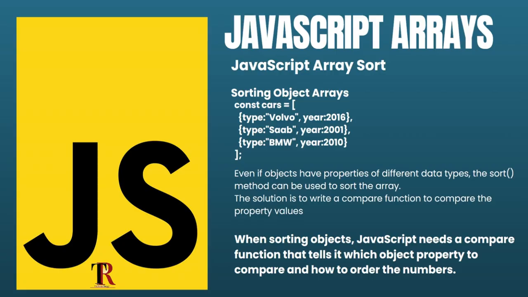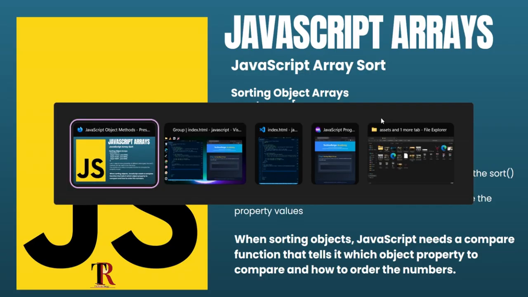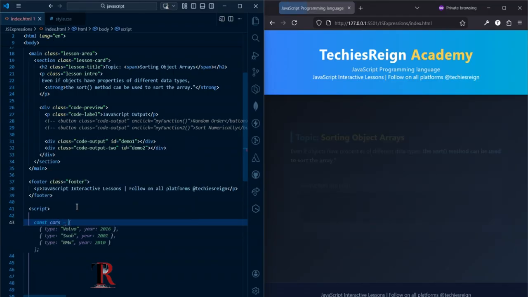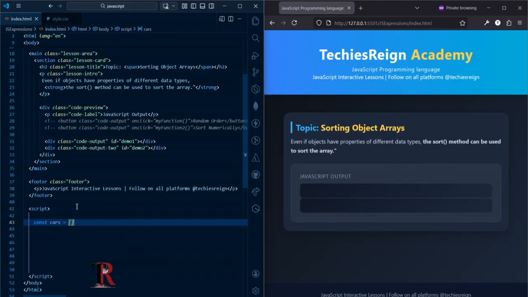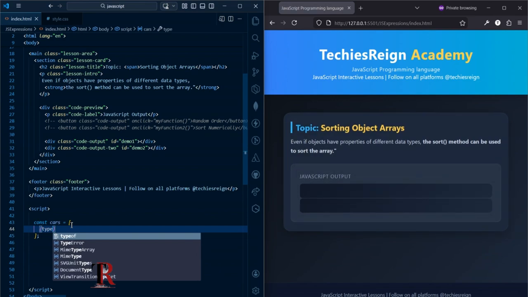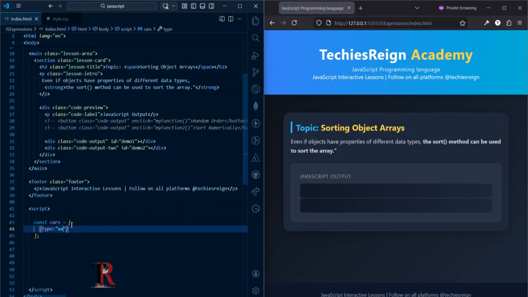So before I come back to this last display on my screen, let's quickly take a look at an example of how the sorting of an object array looks like in JavaScript. So I have my screen here, so I will just make an example, an array to be this. So this is my array, and here I just closed it. Now inside it, I want to have objects. So the type of object I want to have is a car,